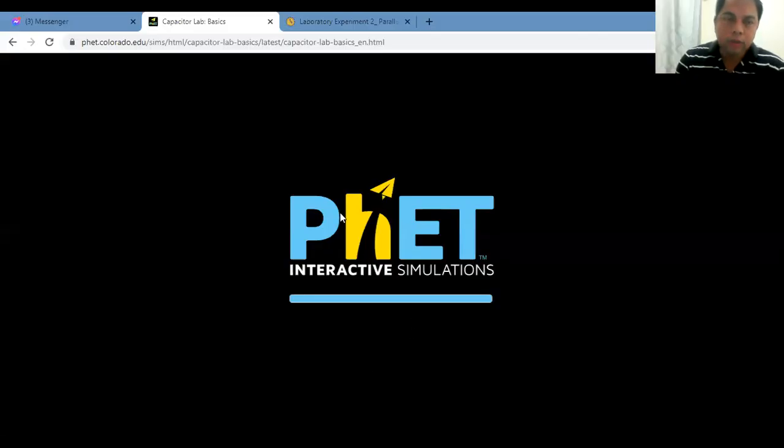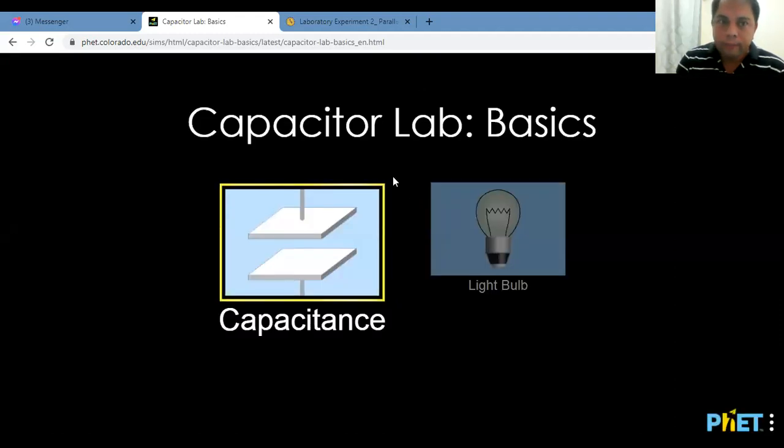So if we now continue and proceed to our simulator, that was our template earlier. When you go to the Capacitor Lab Basics, which is our simulator, there are two settings here. Now, to make it a little bit more